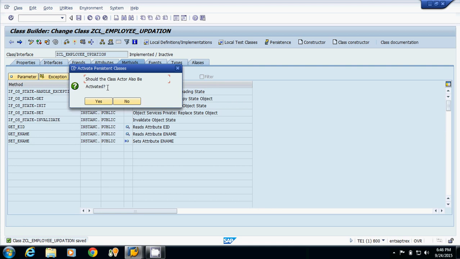These two classes are automatically generated with the persistence class and are the helper classes of the persistence class. They are also called co-helper classes. Now I will click on this yes button because I also want to activate the class actor.